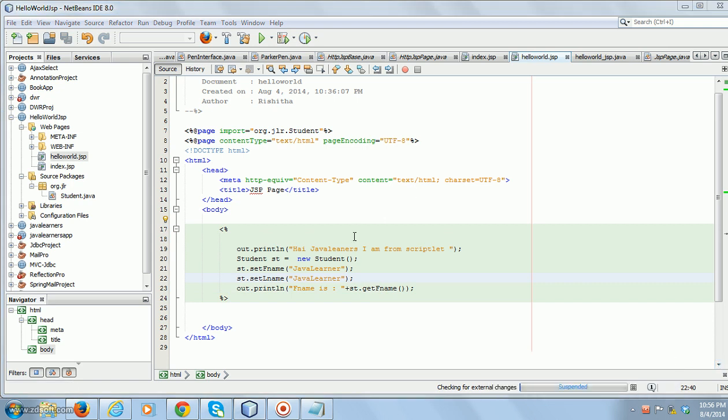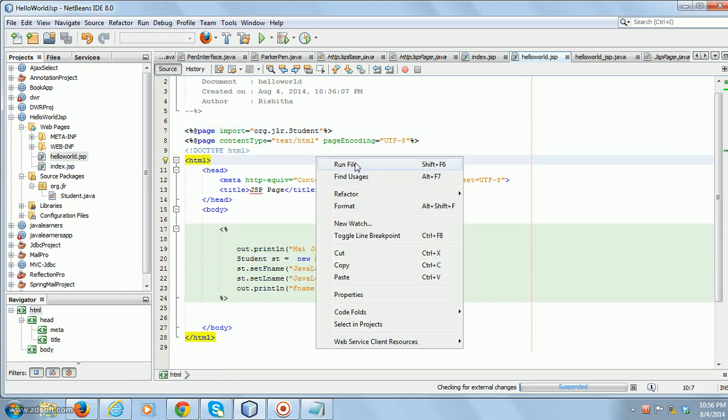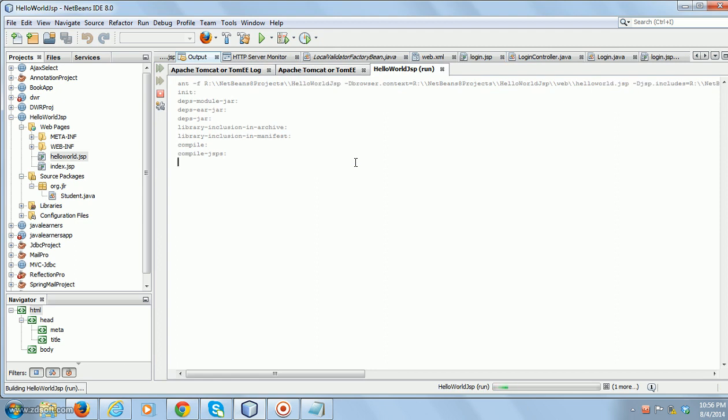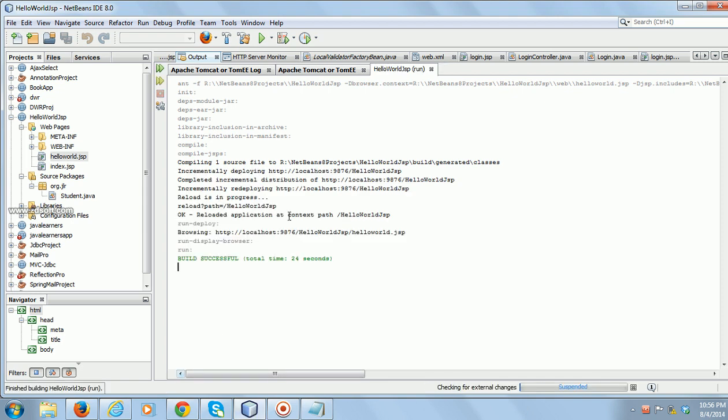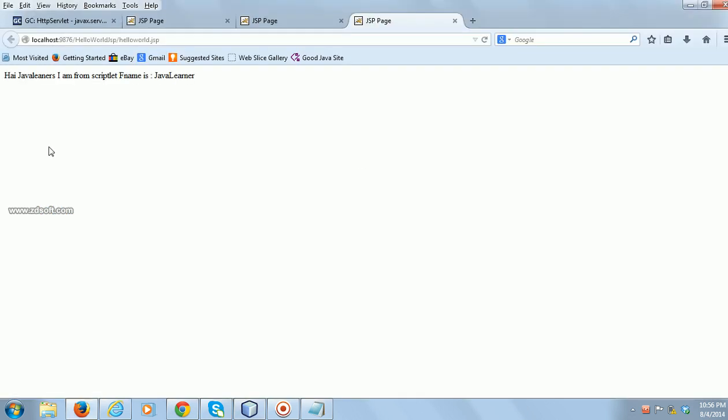I have just created a Student object, but to access Student you have to import the class using the page directive. Can you see? First name is Java learner.